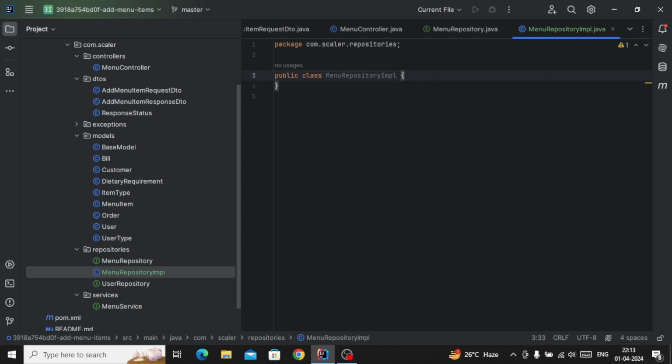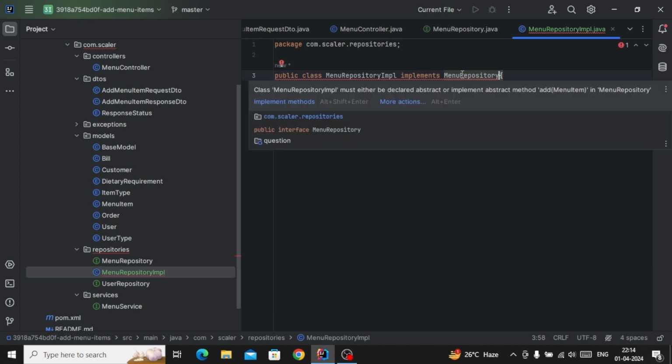Now I will implement the menu repository. Whenever I implement it, you can see we got a red line. The red line says it must either be declared abstract or implement the abstract method. Whenever we implement any interface, we have to implement all of that interface's methods.